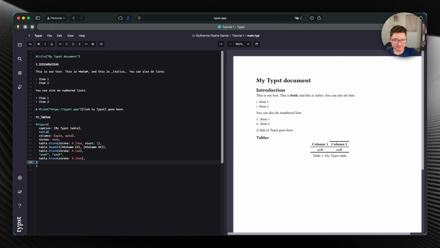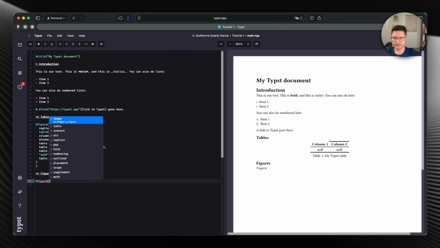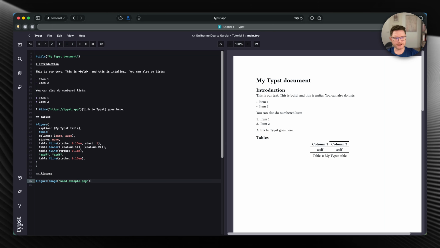It's relatively straightforward. Of course, you can pair this up with snippets, depending on which text editor you use. And so you could have all of this automatically added to the document. And finally, figures. So actual figures. I already have a figure here inside my project. And so we could just add something like this. Right, so we have an image. Here's the file that I have.